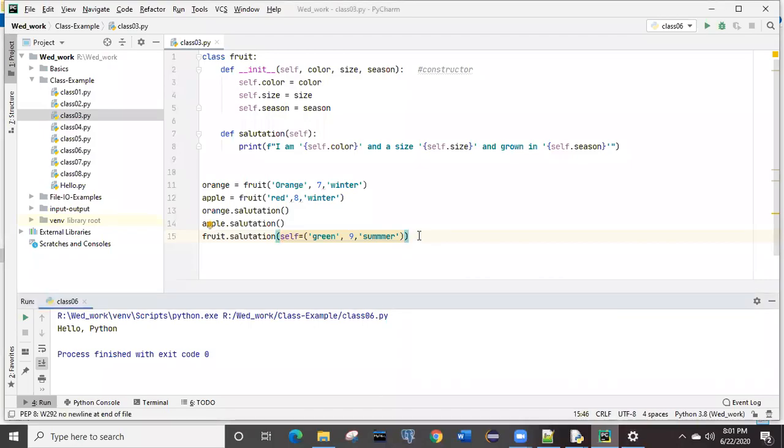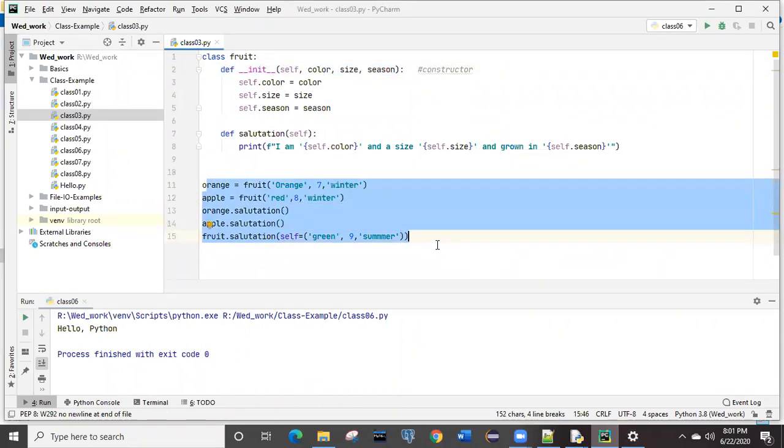Okay. So in last class, we were checking multiple examples of how we are going to create the class, what could be the different ways that we can call the functions, how we can create the object of a particular class, what could be the parameters, and the basic syntax for the constructor like this one, right? And we have seen how it is working when we are calling this, right?